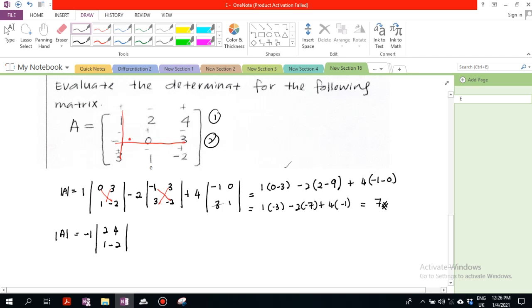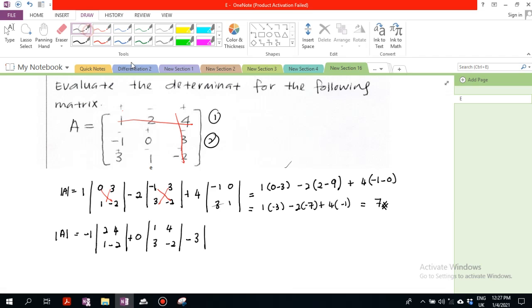Okay, so the second one will be 0 here, so it will be plus 0 times, okay, so this is where you eliminate this row and this column, so what you will get is 1, 4, 3, negative 2, then you will get negative 3, okay, so negative 3, the remaining is negative 1, 0, 3, 1. Okay, so when you calculate this one, you will get